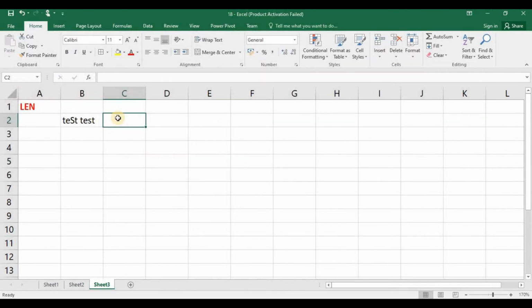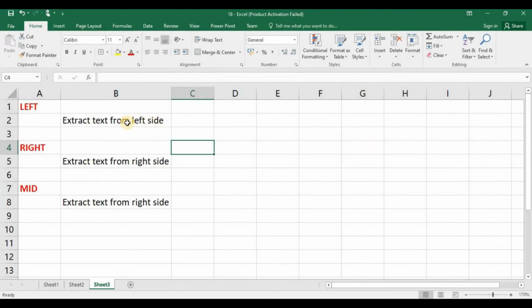You can measure the length of a text using the function len. This function will calculate the number of characters in the text. This will count the space as well. Here we have a text. We'll count the number of characters in this text. Type len, start round brace. Select the text as argument, close the round brace. Press enter. See, this is the length of our text.